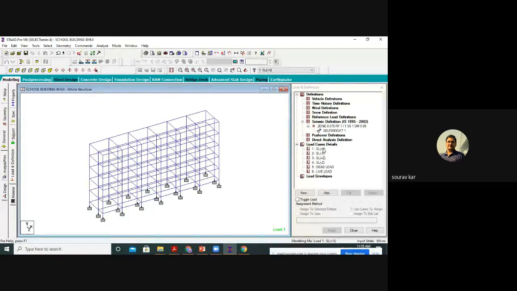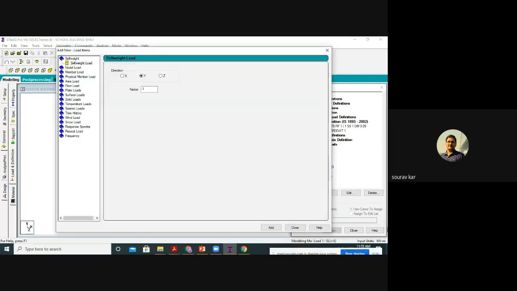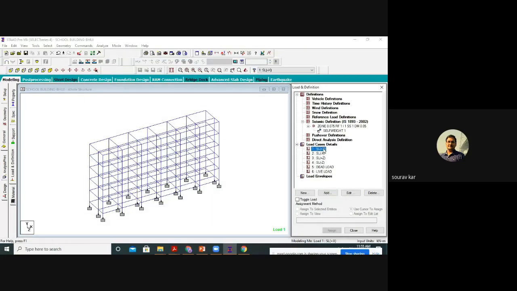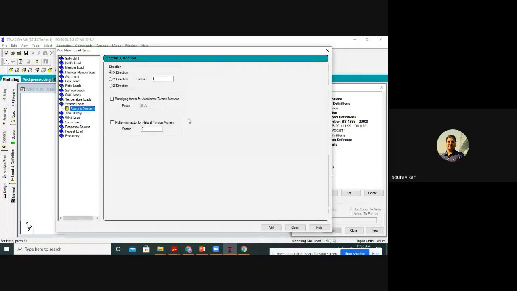Okay. Now see, first I will take the seismic load plus X and add. We will select the seismic loads. We have various load patterns, self-weight, nodal load, member load, all these things. Since it is under seismic load, I will select this and add. Seismic loads along X direction, factor will be 1.